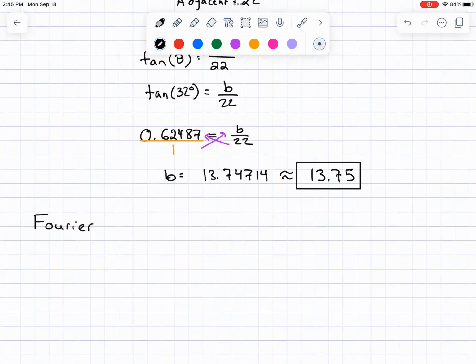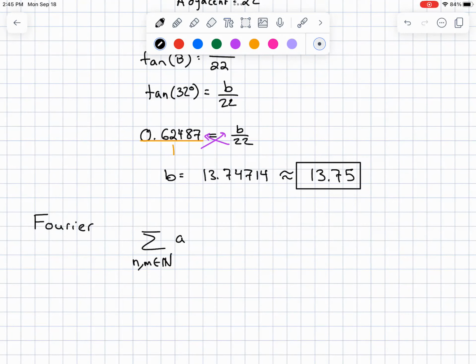He was French. He found out that you can take any curve in space, any curve that you define, and you can actually represent it as a sum of infinite